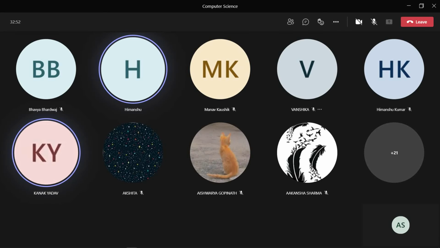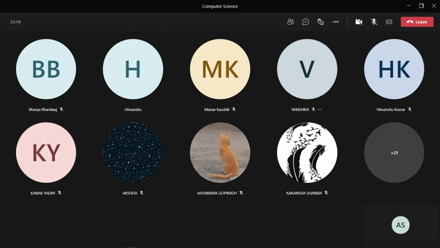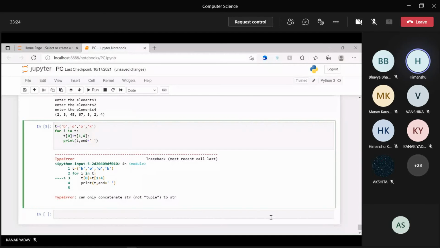Kanak, please share the screen. Wait a minute, sir. Let me connect the charger. Okay. Sir, is it visible?